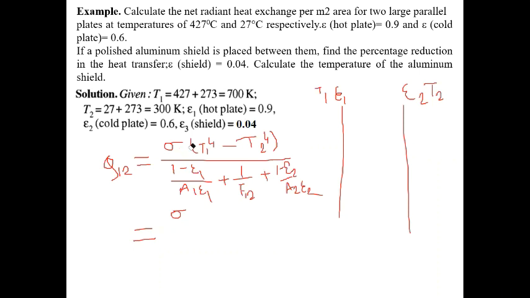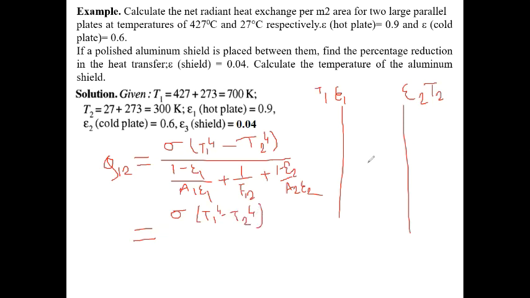So if we just write here A1 F12 by A1 by F12 by A2, A2 by F12, if you take the common term A1, so sigma A1 (T1 to the power 4 minus T2 to the power 4) divided by 1 by epsilon 1 plus 1 by F12 plus 1 by epsilon 2 into A1 by A2. Okay, so from this we can write sigma (T1 to the power 4 minus T2 to the power 4),